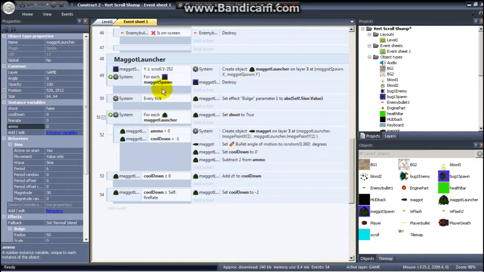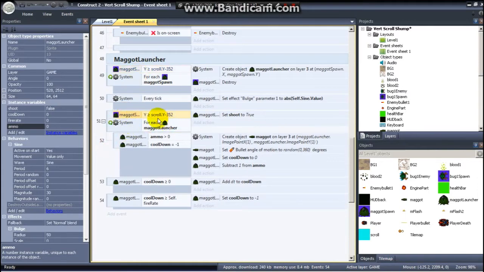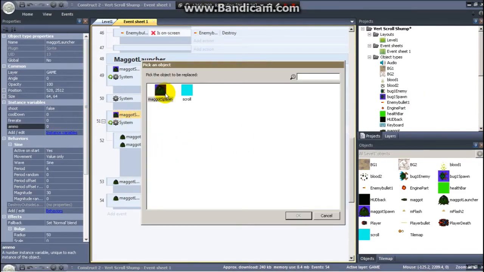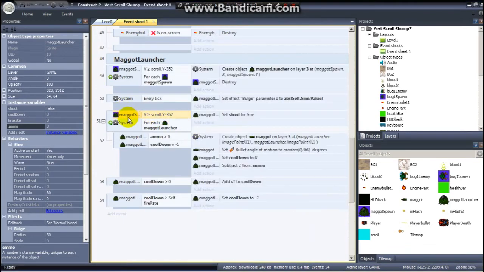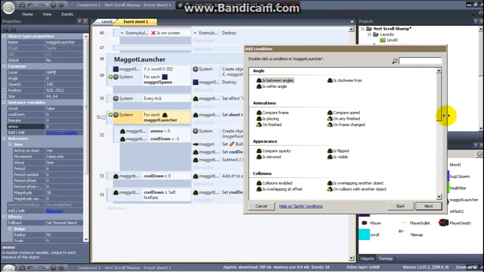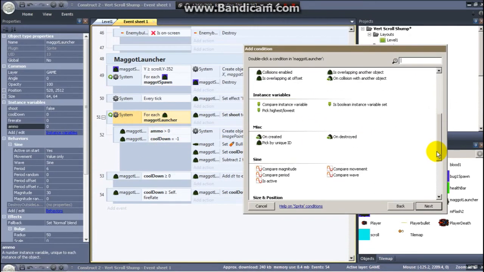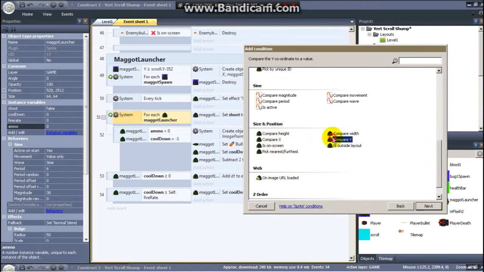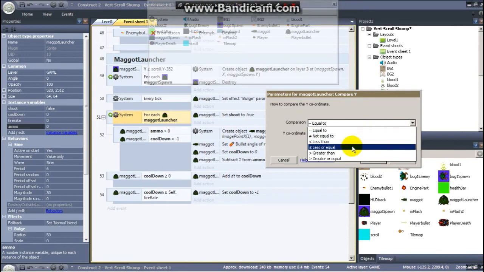So to trigger that, what we're going to do is copy and paste the compare the maggot launch, maggot spawn point on the Y. So let's Control C that, and then stick that in here, drag that to the top. Replace the object with, oh, I can't set it. So what I'm just going to do is add another condition. Maggot launcher, compare Y is equal or greater than